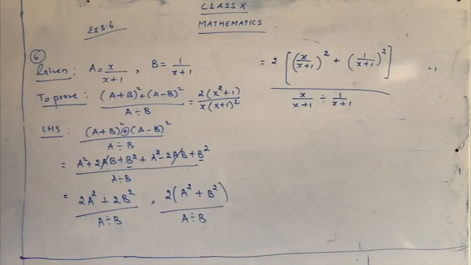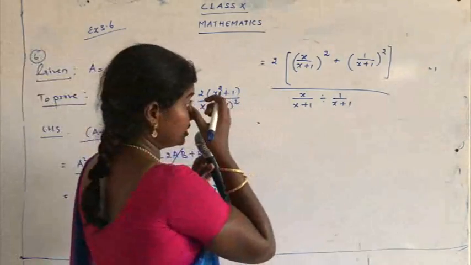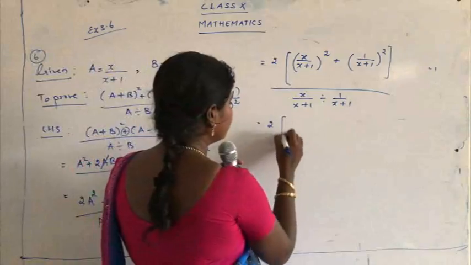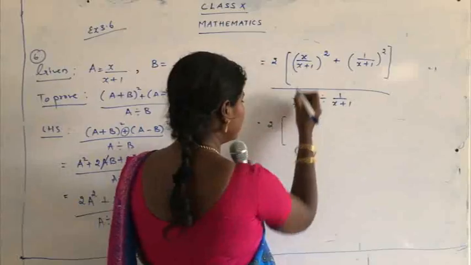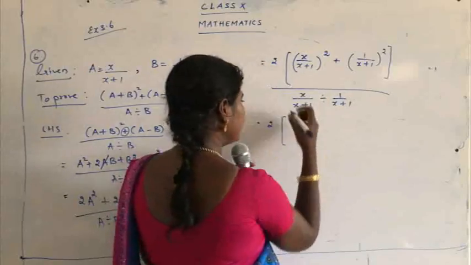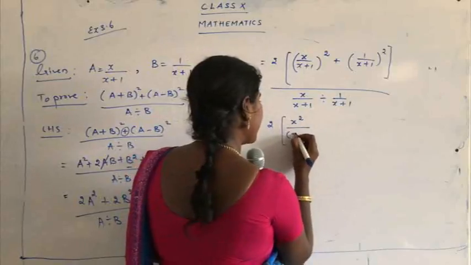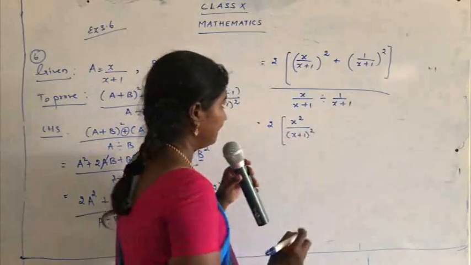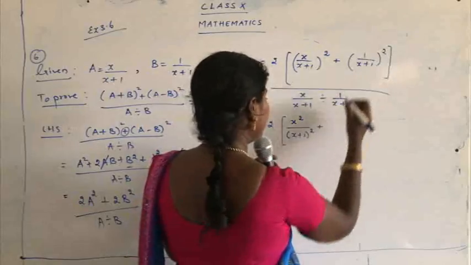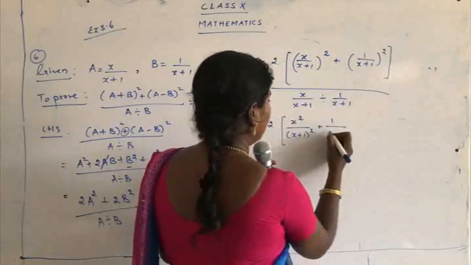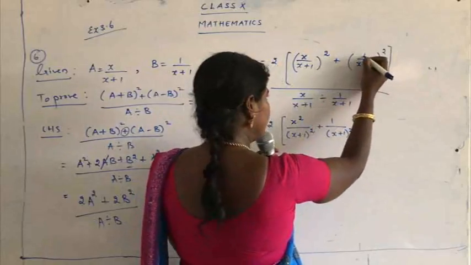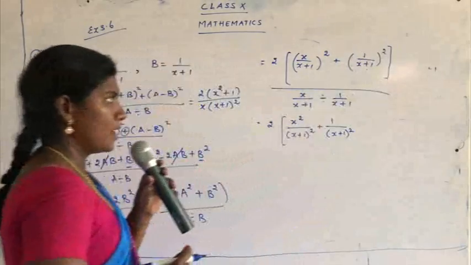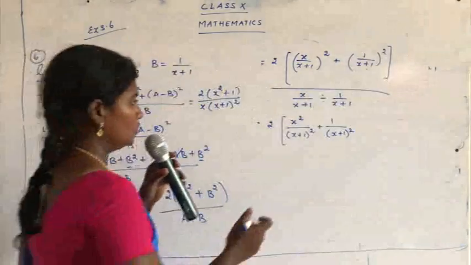Okay, now let's go for the expansion. Let's see the simplification part. So this becomes, now this is very easy, children. See now here what happens is, just keep 2 as it is. This is x, I'm just going to open the square bracket. So what I get is x the whole square, so it becomes x square upon x plus 1 the whole square plus 1 square is 1 upon x plus 1 the whole square. I'm just giving the square for the numerator part as well as the denominator part. So 1 square upon x plus 1 the whole square upon.